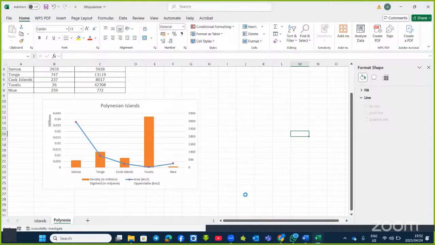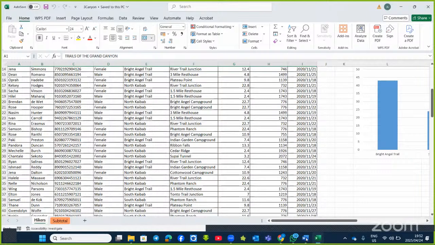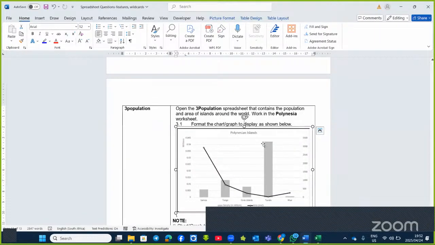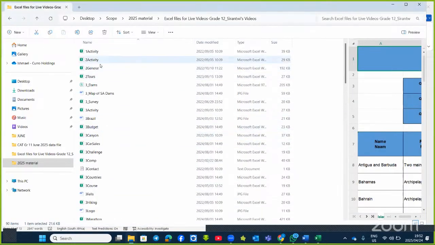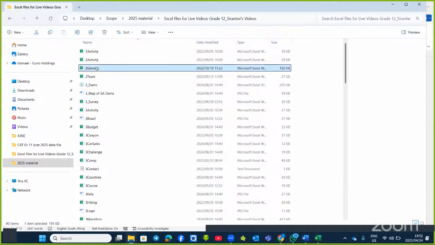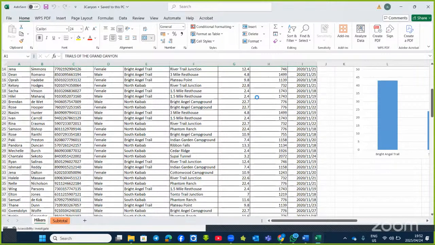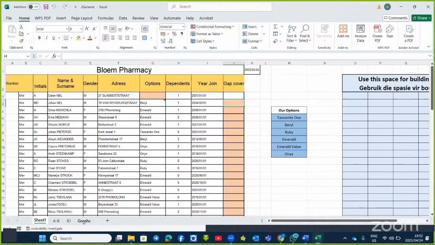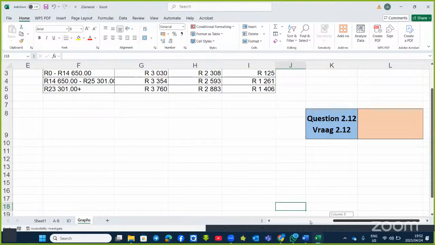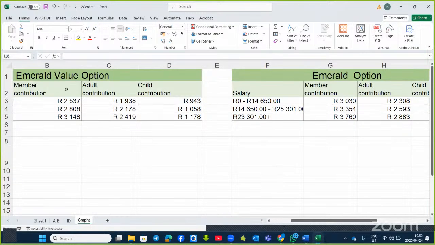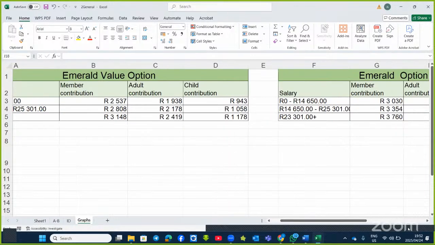I have this complex graph here also. Too general. Now, let's open it and see how that graph was created. It's also a combo graph in a different way. Now, they wanted to create a graph. We have emerald value and then the emerald options. And each of them here,